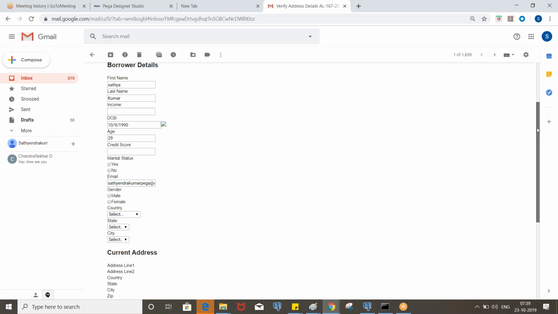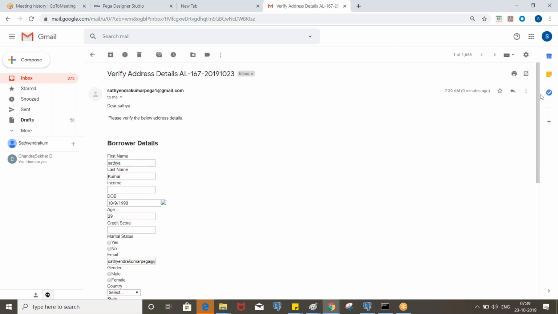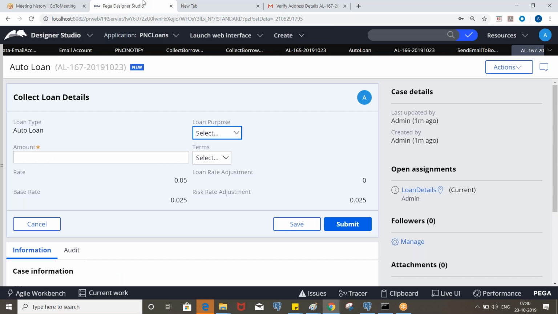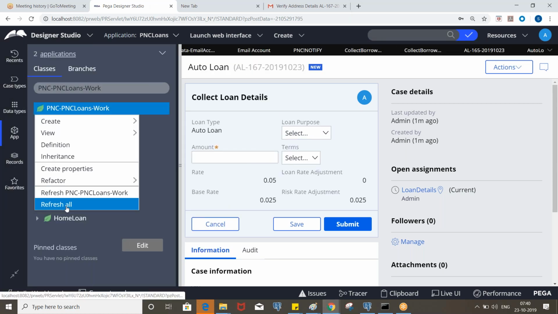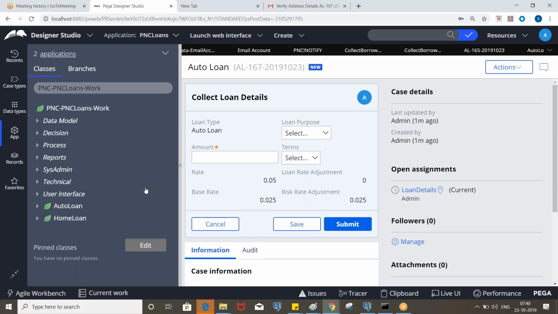But if you want a different format, then again you need to create a separate template, means a separate section, and you can call that. Okay, and see, this is where we specified first name and it is taken from the borrower page. You can increase the font size and put in the color as per the client requirement, right? Generally they will provide you the templates, and based on that you can design the font, color, everything. Okay. Clear.